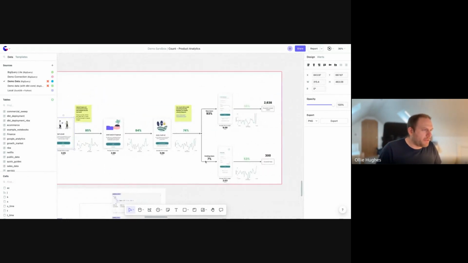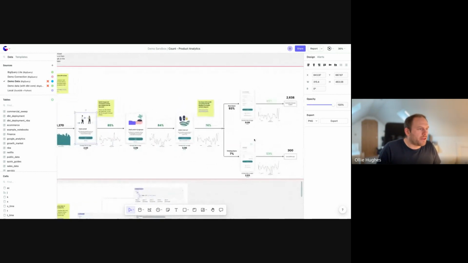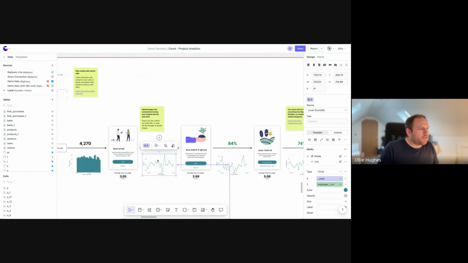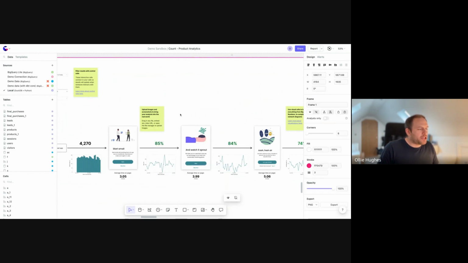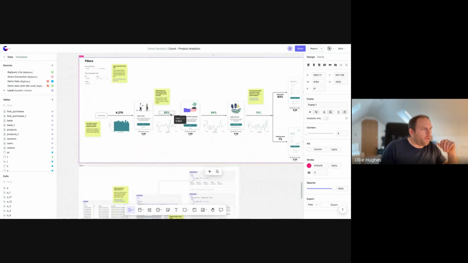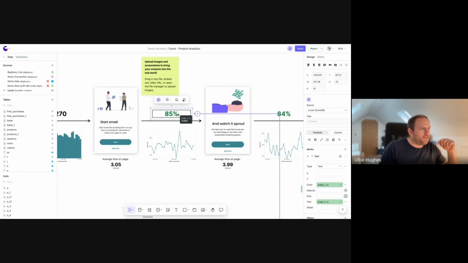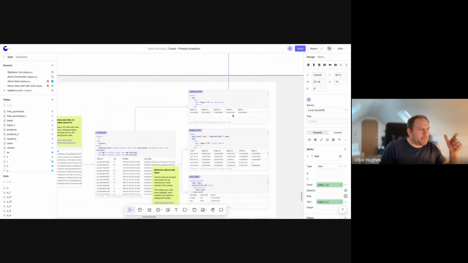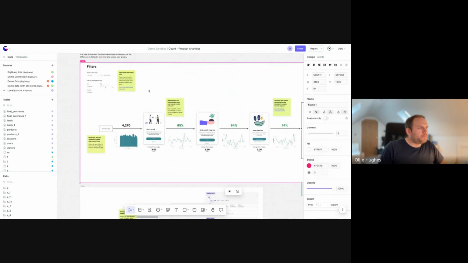You can see in here that this is branching between different routes, depending on if they're a new user or an existing user. But the idea of this, as you can already see, is it's not just mapping out the stages to give clarity to the user journey for everyone. Alongside that, we then have the metrics, the activity numbers, and the conversion metrics, which actually are driving that step. And for the numbers for these metrics, you can find out where they're from by clicking on a visual, and it will take you down to the queries that have been written by the data product analyst to give that conversion and explain it.